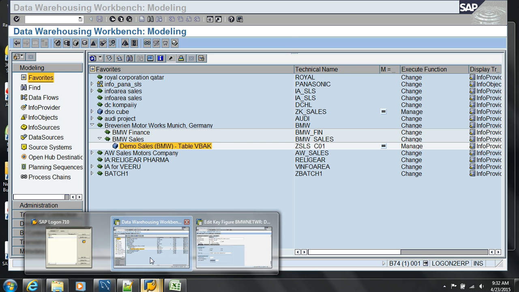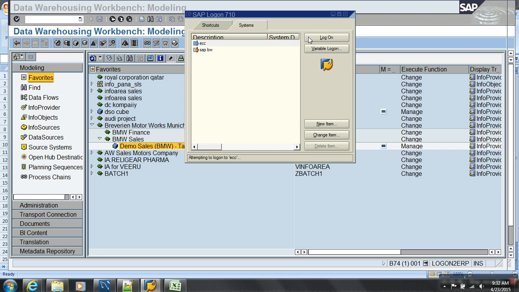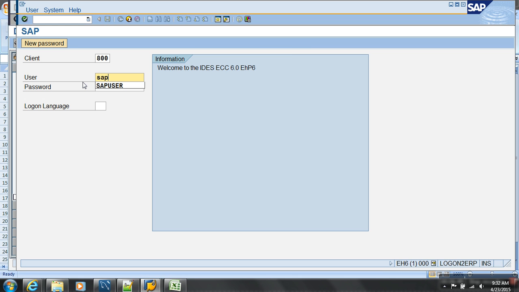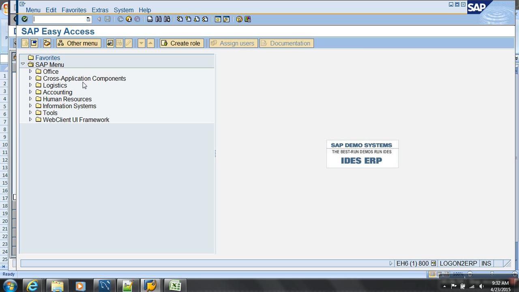Now where is my table? So I'm logging into ECC now. I log into the ECC system, and I need to define something called a data source. I already have the connection also, right? I just need to create a data source, which will basically define from which table I need to extract, what columns I need to extract, what data I need to extract. The data source is the source of data, from where it has to extract. I need to define a component called data source, which will have all the source details in it.